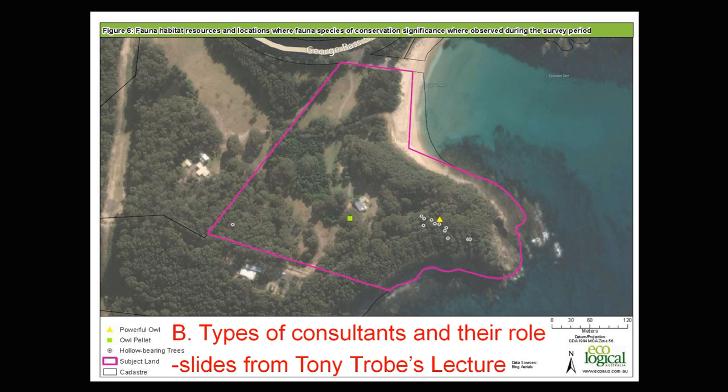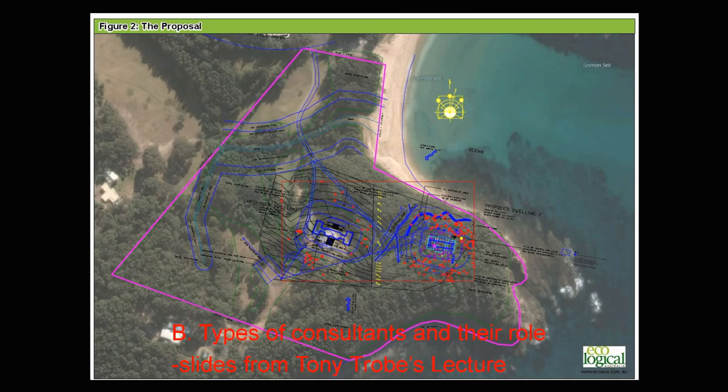And also they were looking for evidence that the birds were actually on the site. So you see the green square in the middle there, that was actually where they found owl pellets or owl poo, which means that this was not a previous habitat but an existing and operating habitat for the powerful owl. And then essentially what is done is that Tony's design for the two houses was overlaid upon the work that was done by these consultants to demonstrate that the habitat would not be damaged by the actual proposal itself.